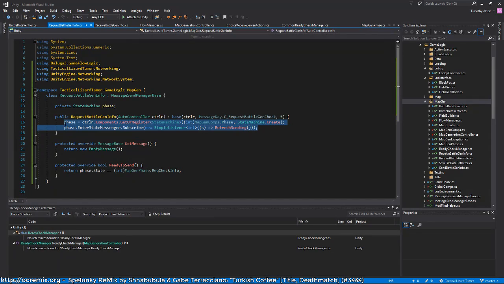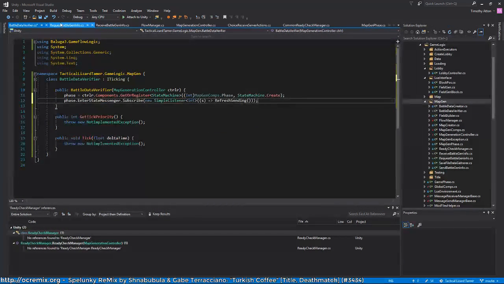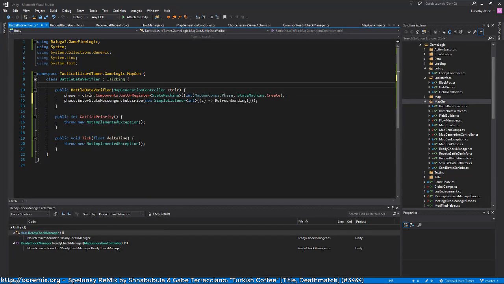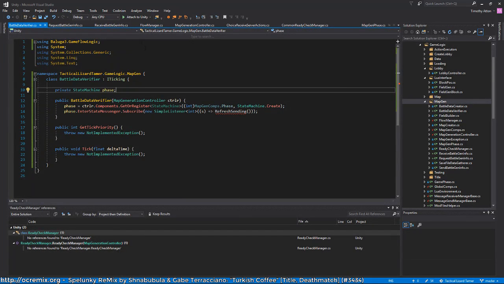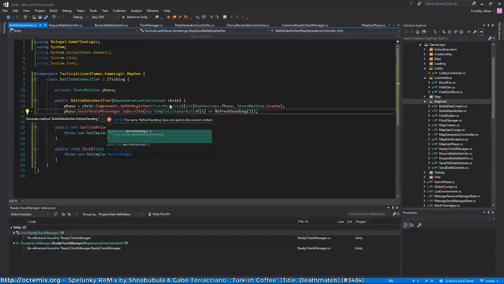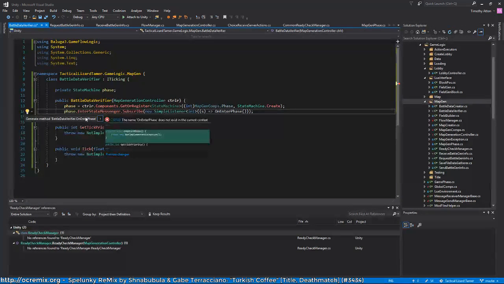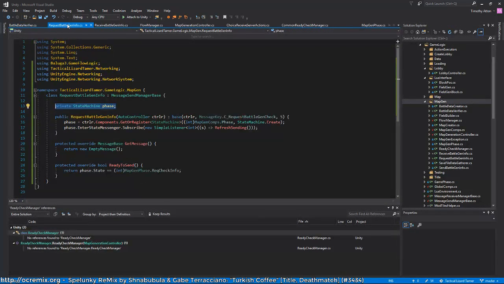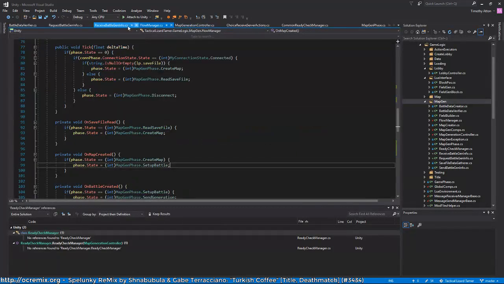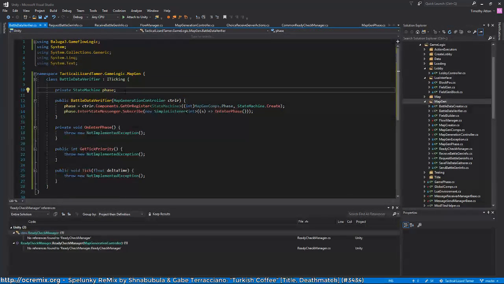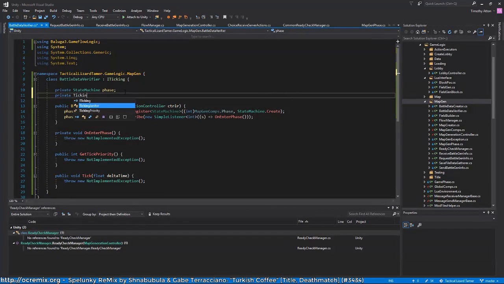Okay, so I will need to register for the phase here. And then also, I don't want to call it refresh sending. Let's call it on interface. And then I need one of those ticking janitors. I'm gonna see if I can grab it from somewhere. It doesn't look like it. I don't want to go searching, so